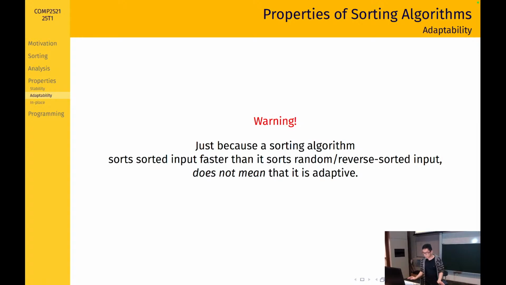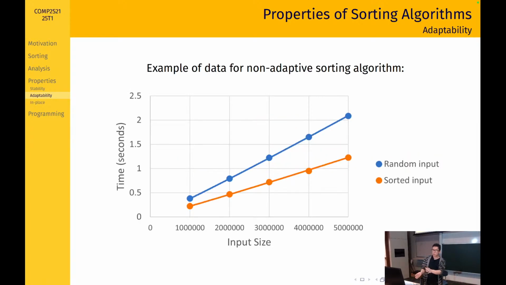sorted input. What I mean by that is, here is an example of an algorithm which isn't adaptive. On the x-axis we have input size, on the y-axis we have the time it takes for the algorithm to run, and we see that it sorts sorted input quicker than random input. For sorted input, it takes about 50 to 60% of the time it takes to sort random input. Now this is a constant multiple difference between the two different types of input. And when the timing results are like this, we don't say that the algorithm is adaptive,